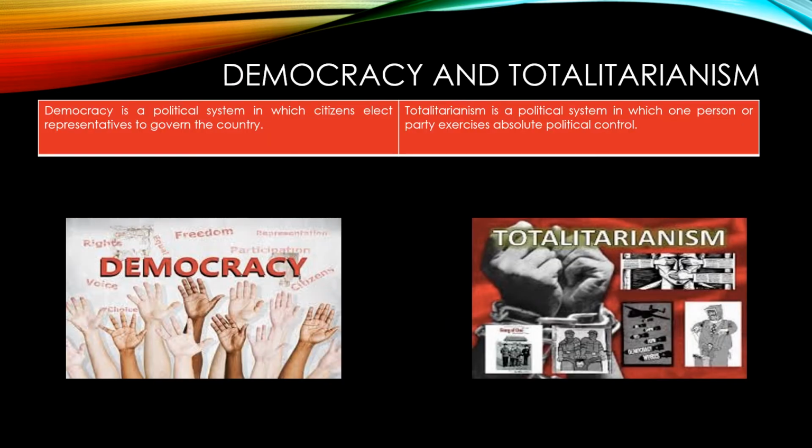Democracy is a political system in which citizens elect representatives to govern the country. On the contrary, totalitarianism is a political system in which one person or party exercises absolute political control. It is